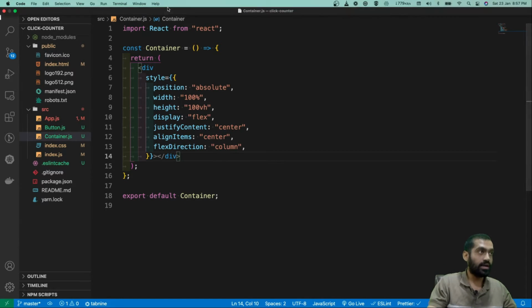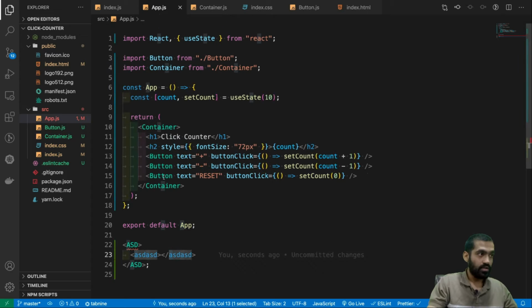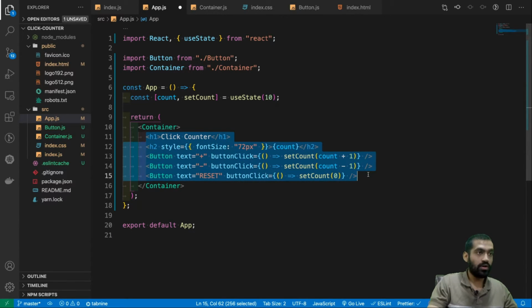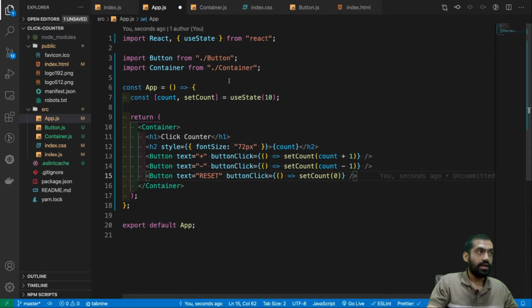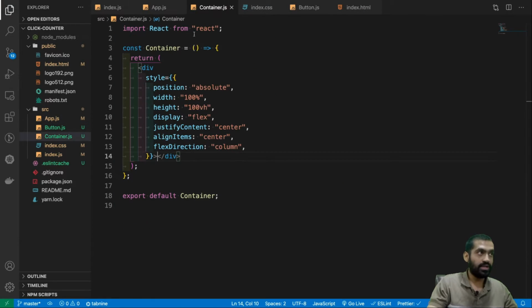But how do we do that? So these JSX elements, when we pass them inside a component, are called children, and they are passed as a prop. So let's see what's happening here.